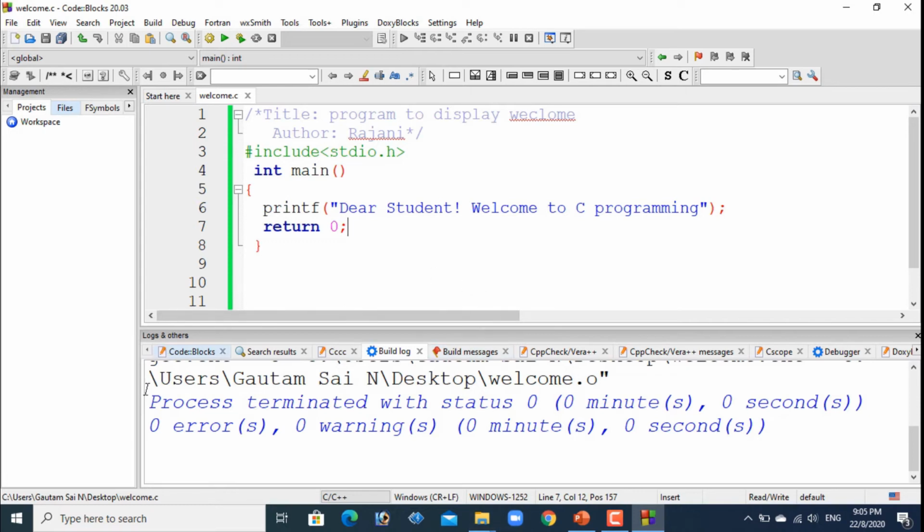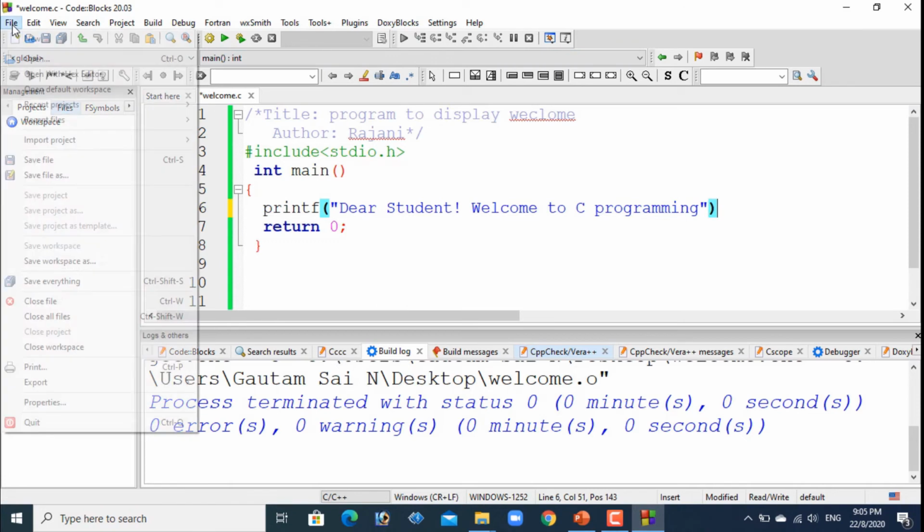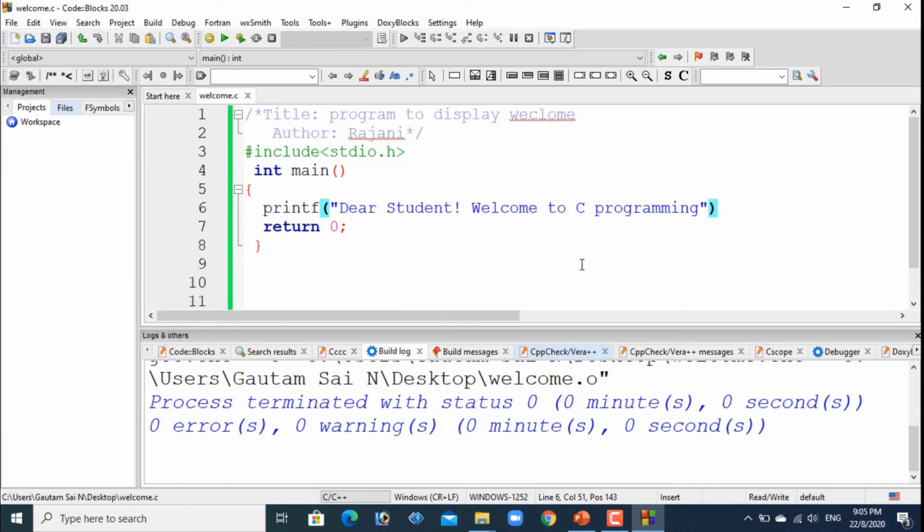Now, when we compile the program, it is showing the information 0 errors and 0 warnings. Let's say for example, we will do some mistake. I take out the semicolon here. Now, let's save this program. Each time when we do changes, we need to save this program.